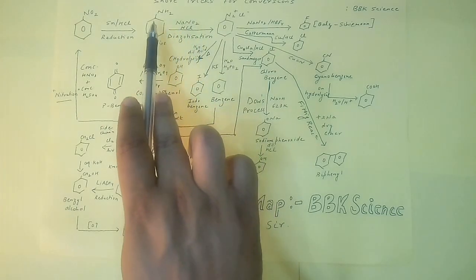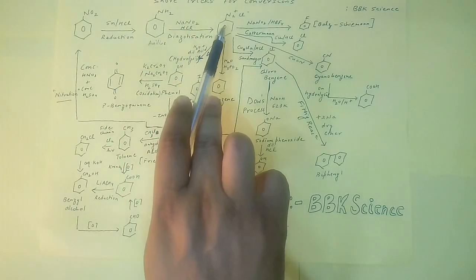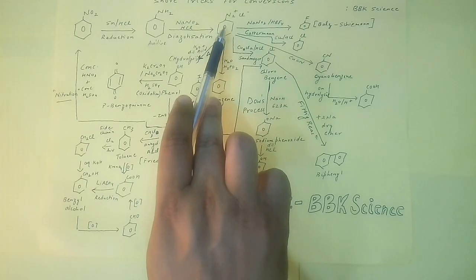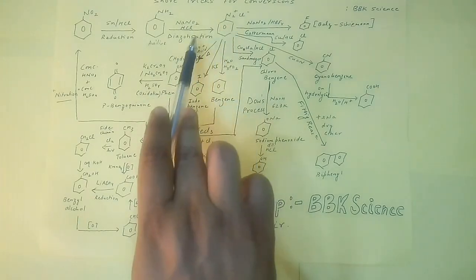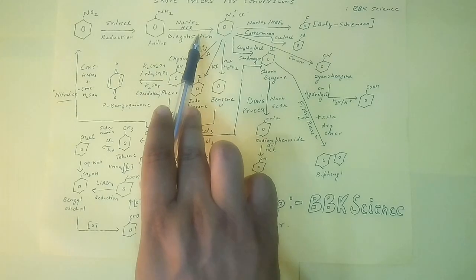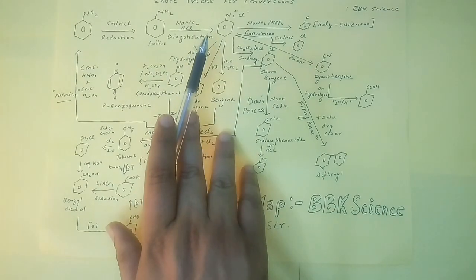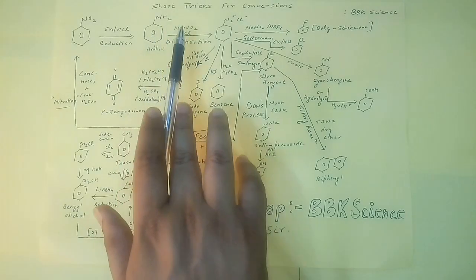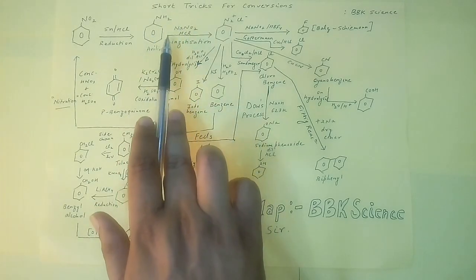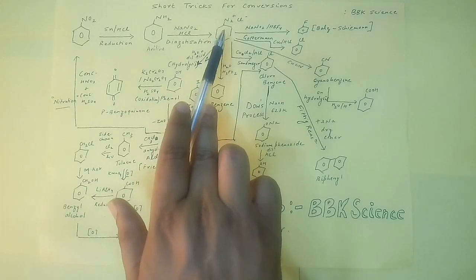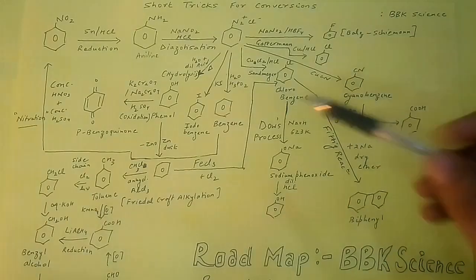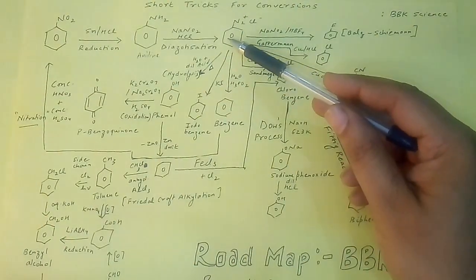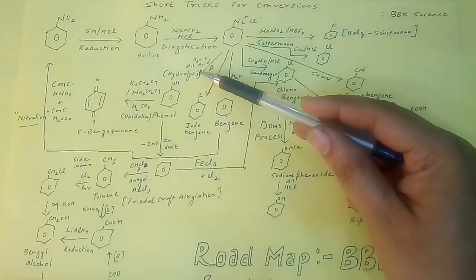This process of conversion of aniline into benzene diazonium halides or chlorides, especially in this case, is known as diazotization. So if someone asks you what is diazotization, the simplest trick is by taking aniline and by adding NaNO2 HCl, it can directly convert aniline into benzene diazonium halides. From benzene diazonium halides, we can have different kind of products.